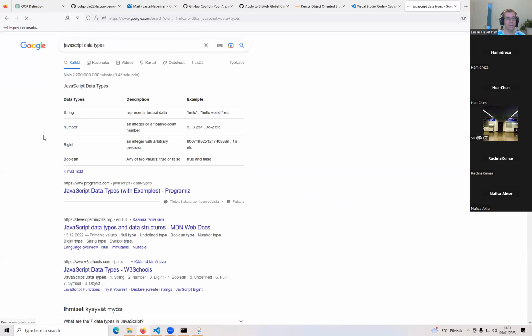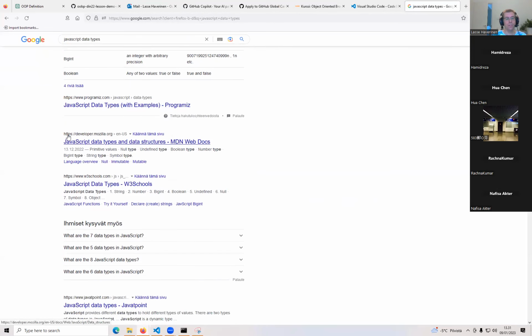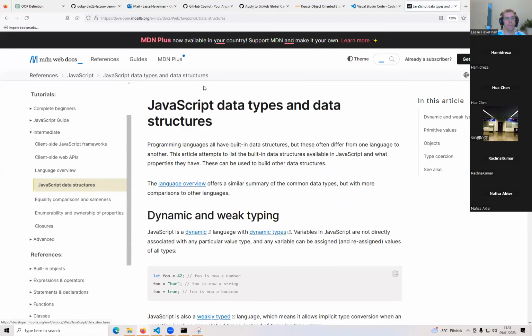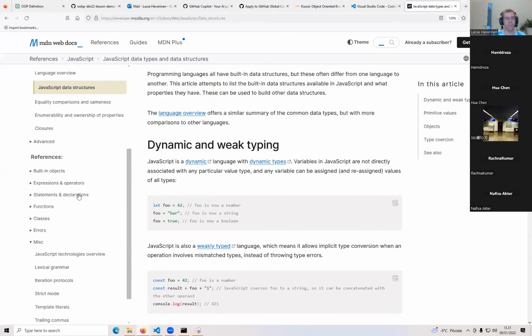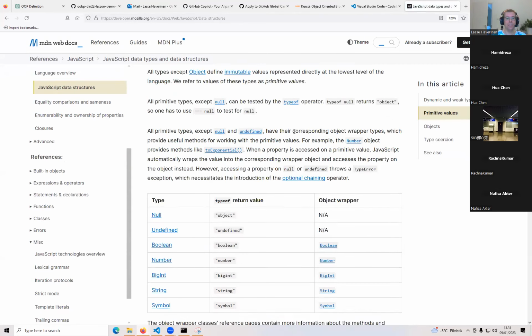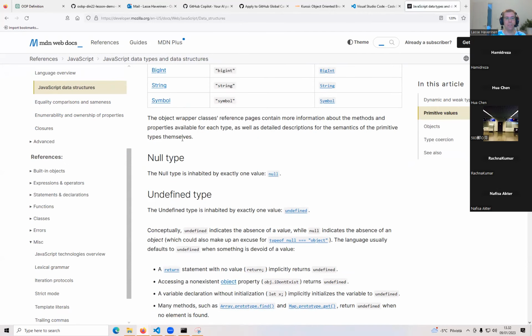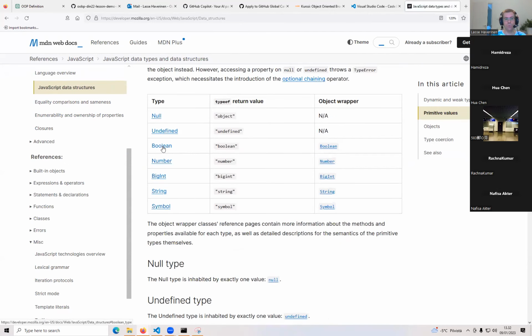Whenever you want to check something, you can use the AI or you can use the traditional Google, but in any case, this Mozilla Developer Network is a really good reference for JavaScript in general. And here we can see what kind of types we have. We have this Boolean, we have this number, which we have already covered. Then we have a string, and then we have also a